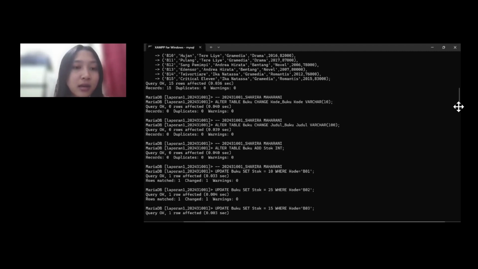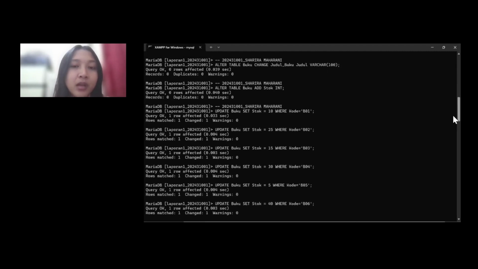Next, I add a new column named stock using alter table and add command. So this column is used to store the number of available books and it uses integer because it contains numeric values.